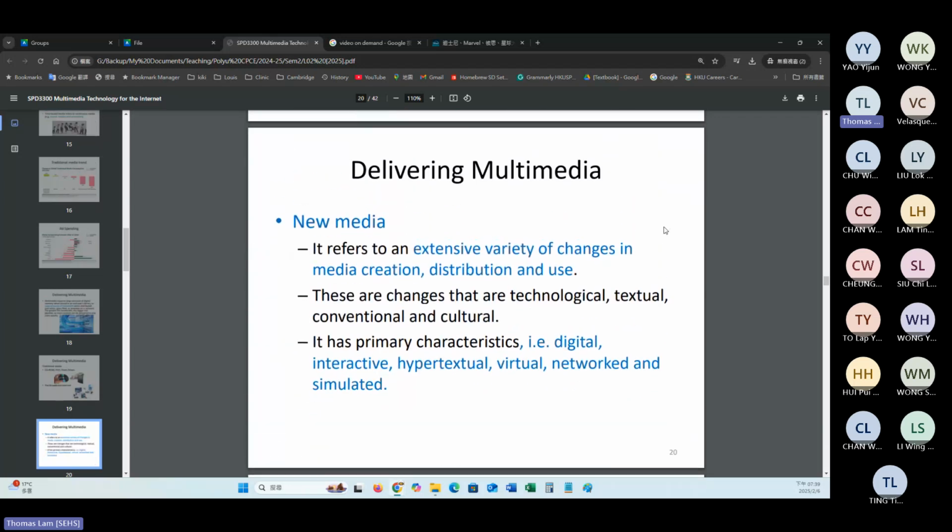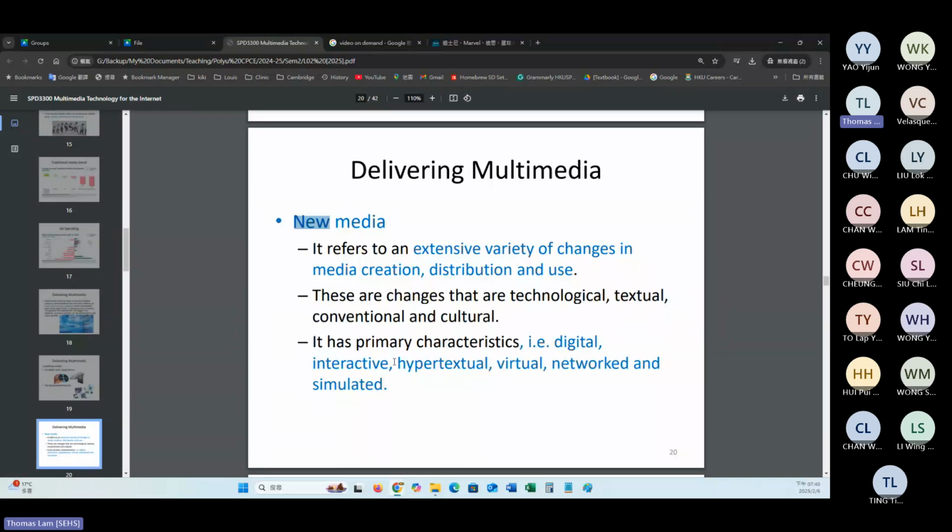And the new media again depends on the platform, like the social media platform or social networking platform, and they support the sharing or upload and download of the digital media directly through the internet. That means the new media is actually easy to copy or share with each other.